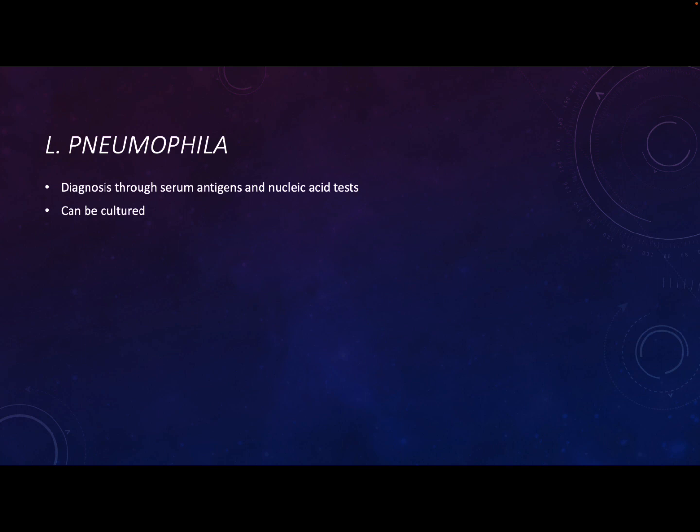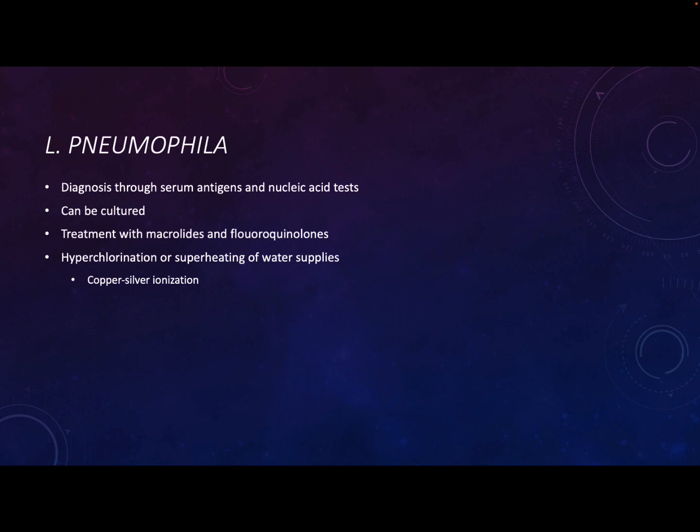So it can be diagnosed through serum antigens and nucleic acid tests. Patients will mount an immune response. It can be cultured. It's just a little bit trickier. You might want to use something like blood agar. We don't see a ton of antibiotic resistance, so we can use different antibiotics to treat it, macrolides and fluoroquinolones. You just want to make sure that because this microorganism can go intracellular, you choose antibiotics that are also capable of going intracellular. Not every antibiotic is good at getting into host cells, so you want to make sure you get an antibiotic that can get into the host cell and potentially target that microorganism that's in there.